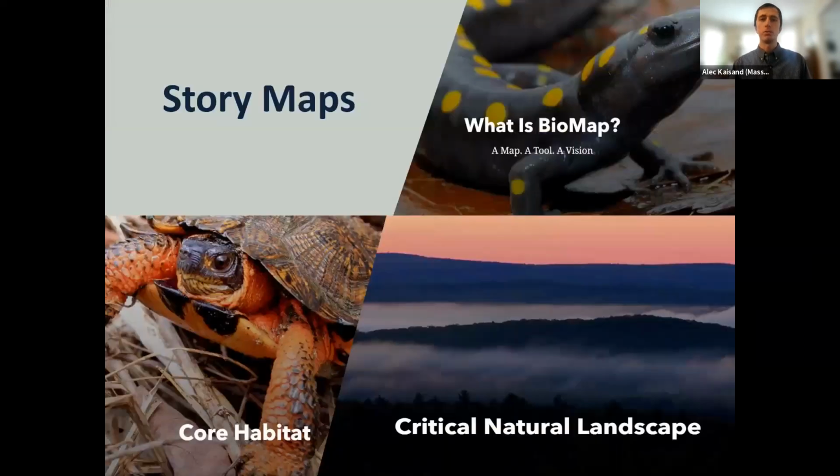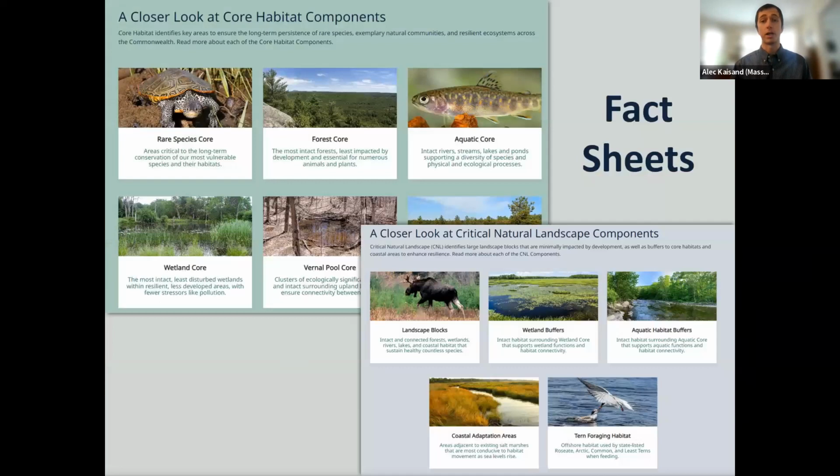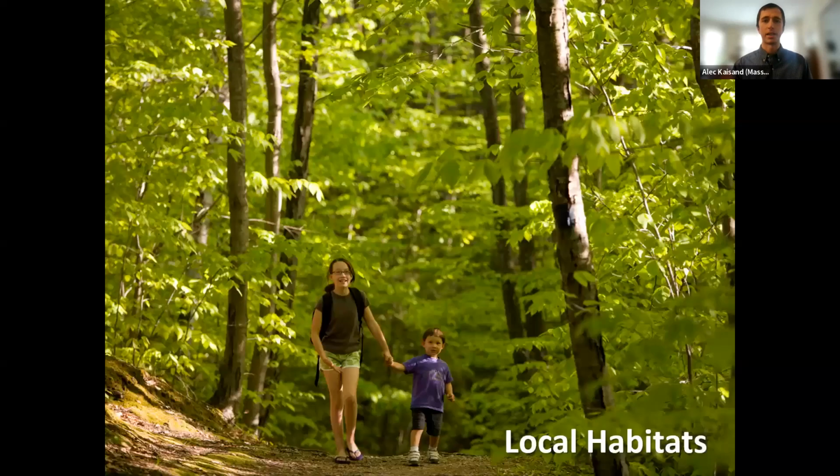And also the new interactive BioMap website includes numerous resources such as story maps to walk the user through what BioMap is, the different components and pieces of it, and how to use it. Additionally, it includes fact sheets to help users understand the data, the methodologies, and conservation strategies for each component. And these are really key when looking at how to describe the type of data that is in your community. Again, we'll go over those in just a little bit to look at some examples. I'm going to hand it over to Sarah to take up the local habitats.